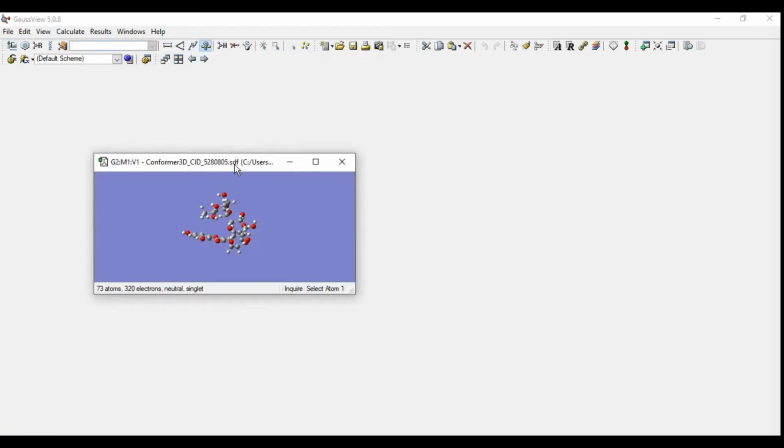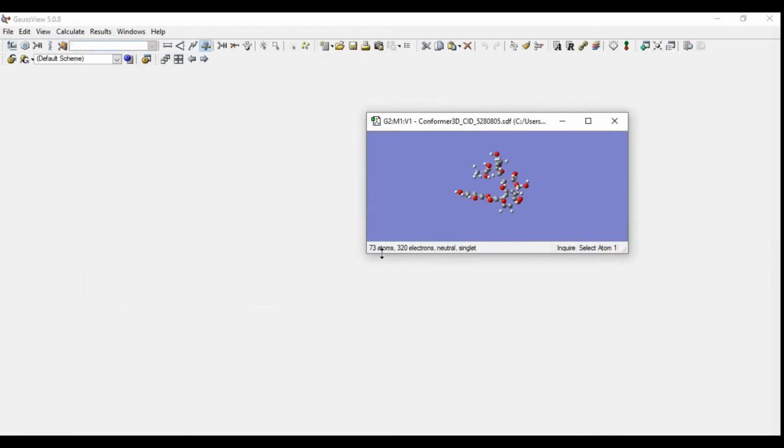So this is rutin with 73 atoms, 320 electrons, that is neutral and singlet.